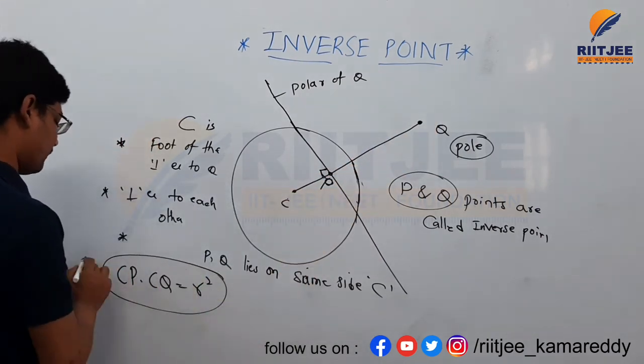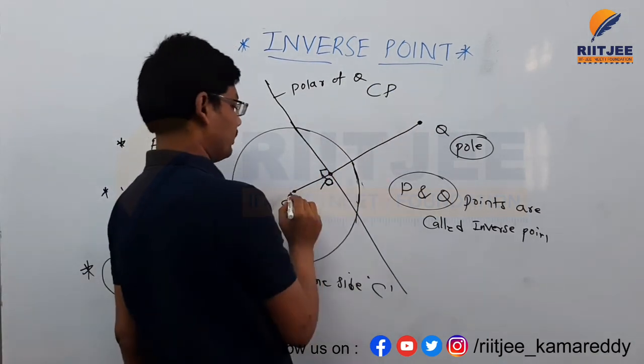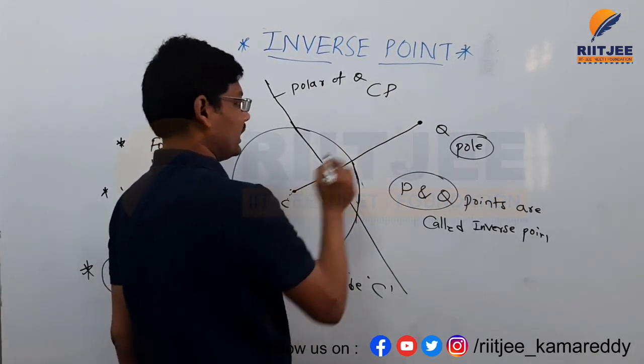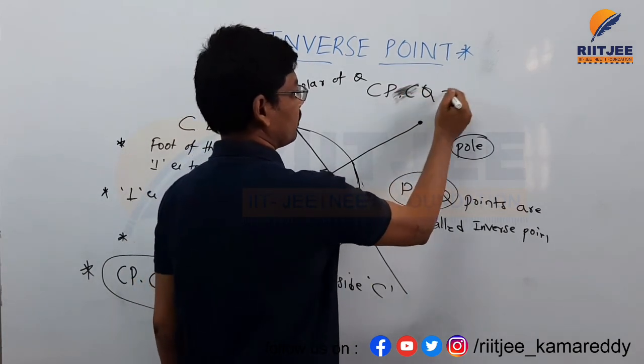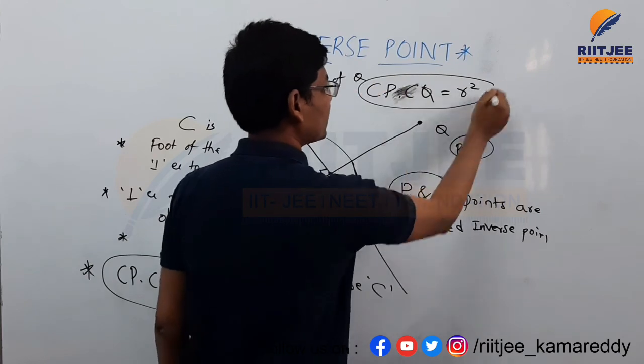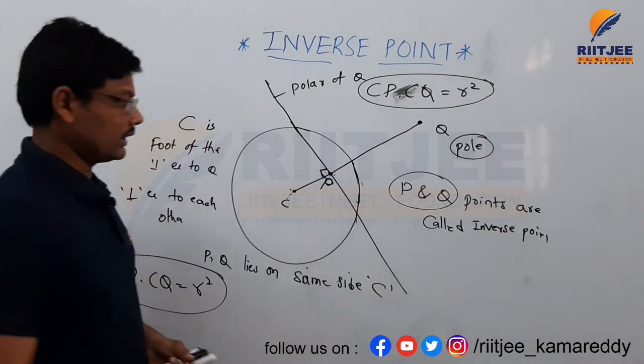This is the condition for inverse points: the product of the distance between C and P and the distance between C and Q is equal to the square of the radius. And the next one,